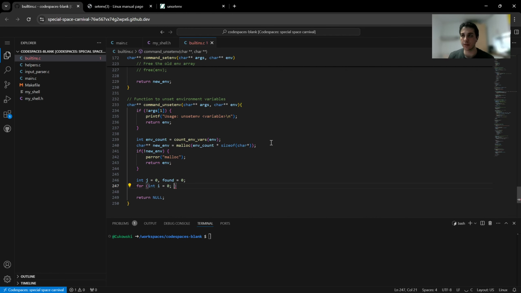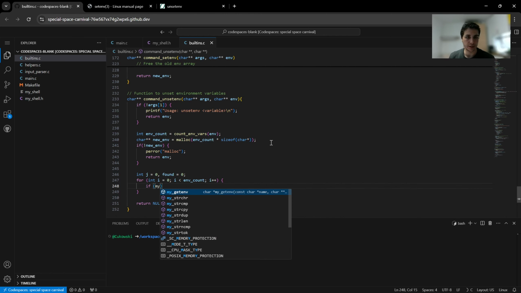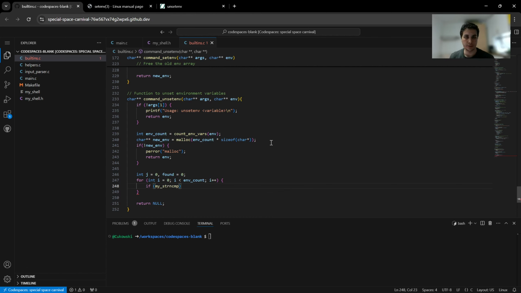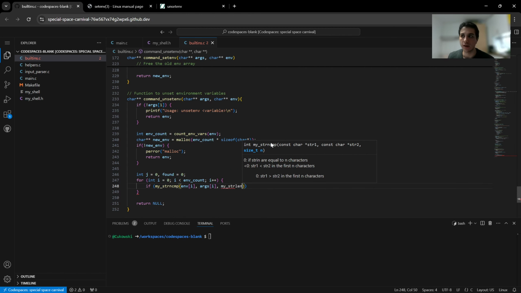Begin int i equals 0, i is less than env count, i plus plus, and we will check if my strncmp env i is the argument I want to check with, with my strlen of the argument I want to remove, which means argument 1, and if it is equal to 0, which means it found the argument we want to remove in the environment,